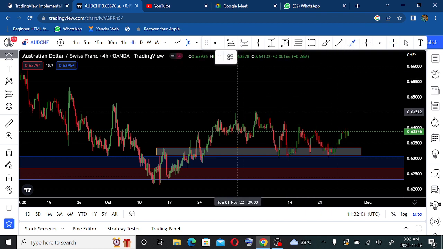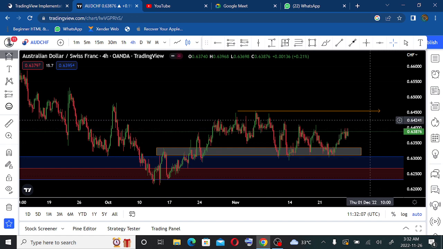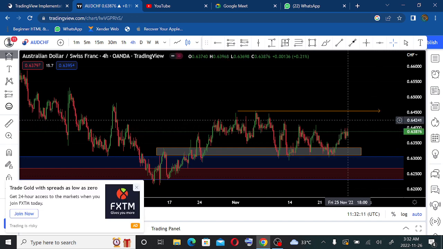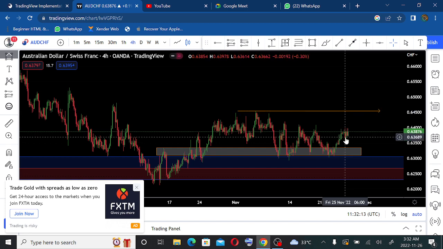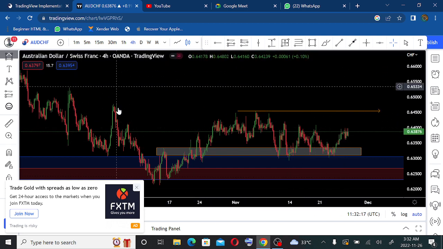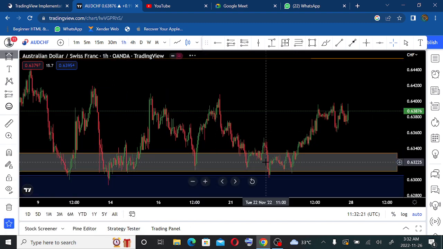Just to make things a little bit lighter, this coming week, we'll be looking for buys into this area. You understand? We'll be looking to long from here to this point, from here to this point. Now, before I put my long on, I would love to go down to the 1 hour time frame